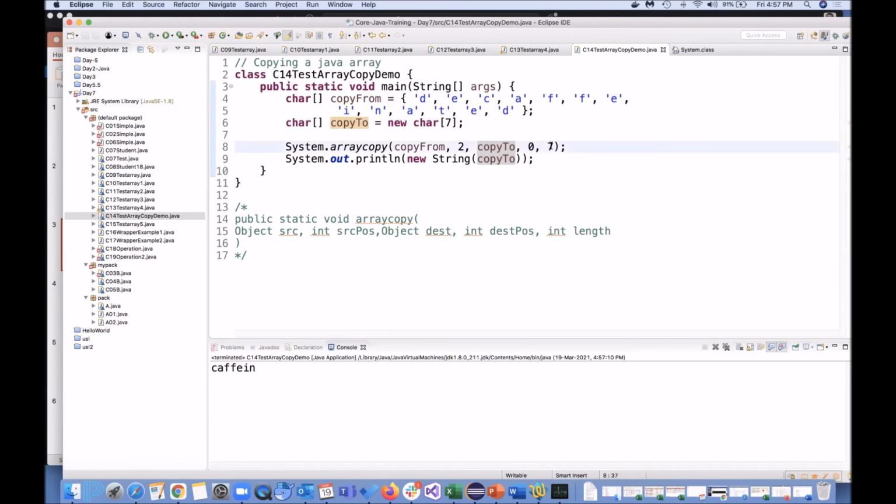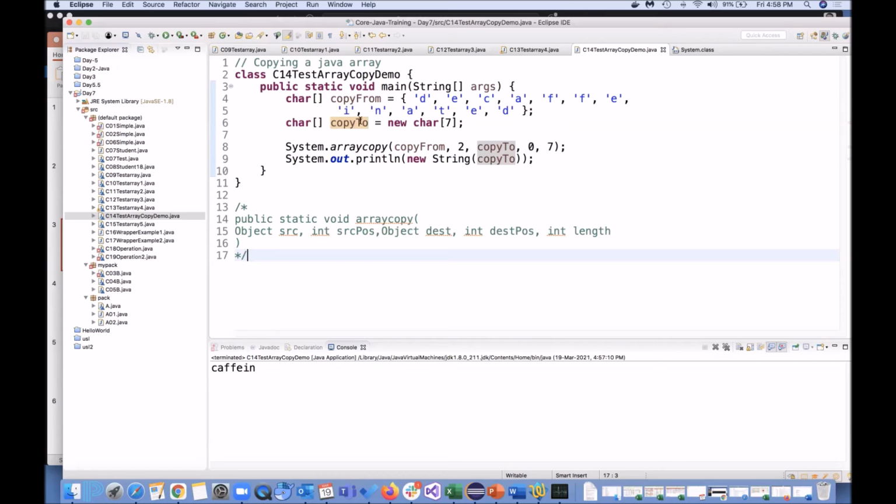From the second position I started, I want to copy, placing it from the 0th position, and the length will be 7. So started from 6, 1, 2, 3, 4, 5, 6, 7. So 7 indexes it will copy and will be putting it into the new array.